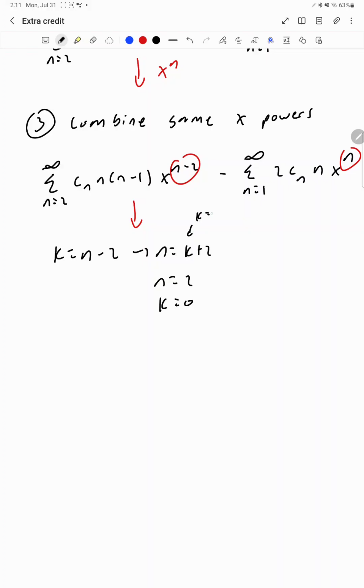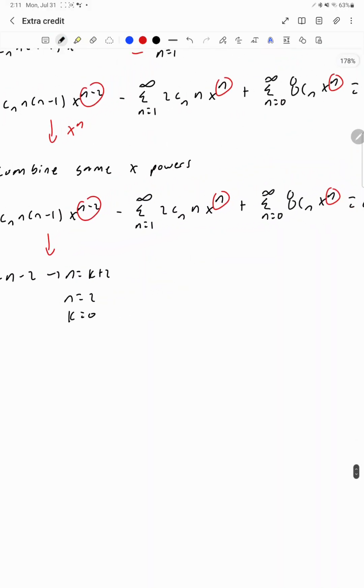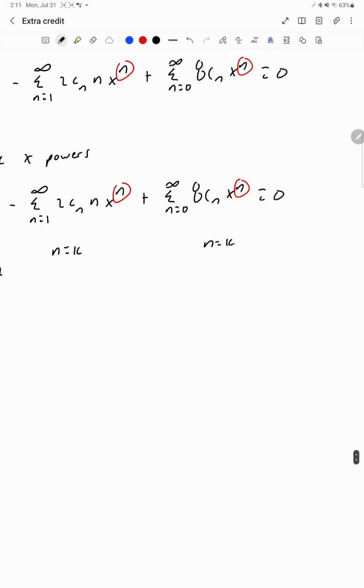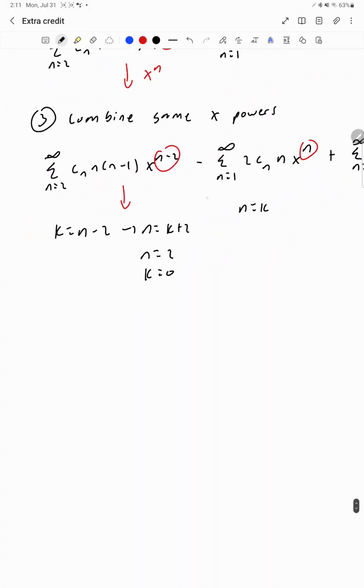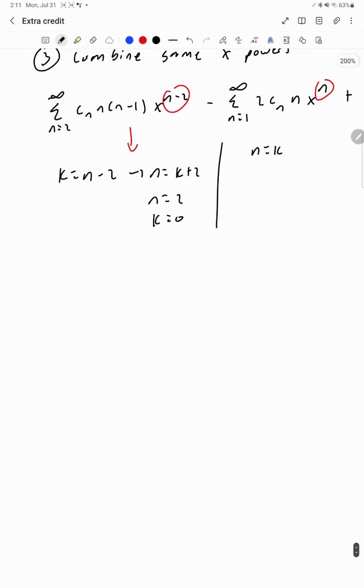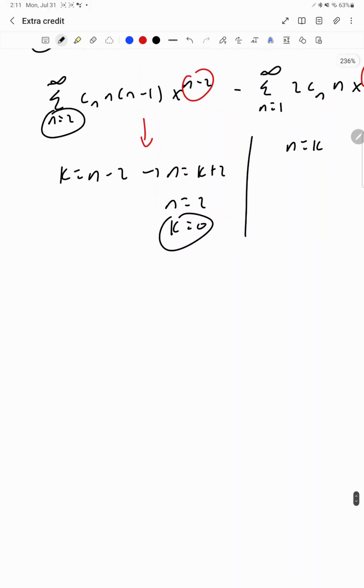So you plug in k equals 0, then you get n equals 2 here. And then the other ones, we just have n equals k and then n equals k. Just gonna write some lines. There you go. And then because of this, k equals 0 when n equals 2, the starting point also changes